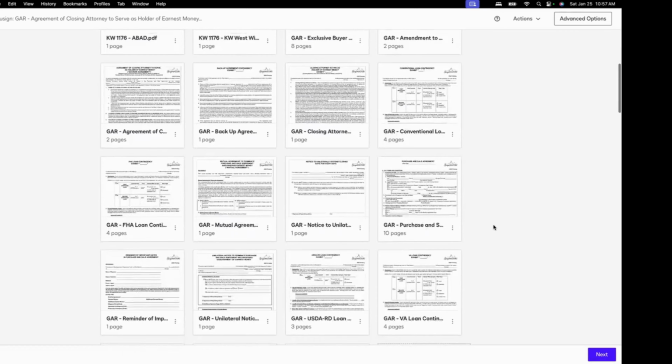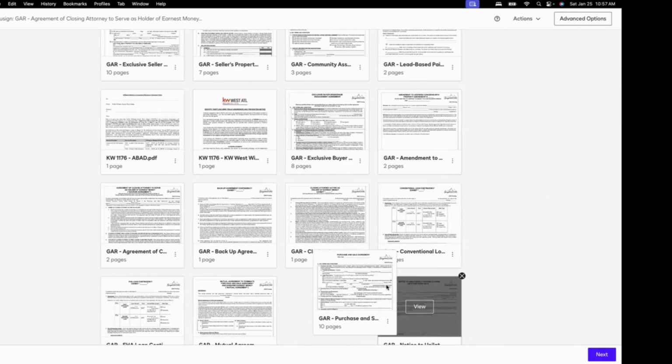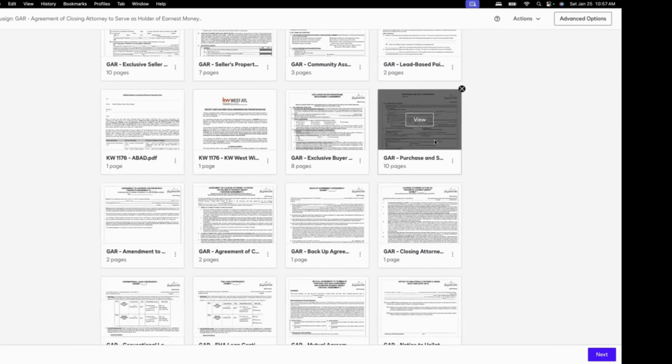With that buyer brokerage agreement, in my buyer packet, I always include a purchase and sale agreement. This is the offer. So in my buyer's consultation, I tell them, go ahead and read through the purchase and sale agreement now, because when it's time to make an offer, we may need to do so in a hurry and we may not have time for you to consult with your Lord and Savior. Or, people say, I got to think about it, sleep on it. Go ahead and read it now so that you don't have to do that when it's time to make an